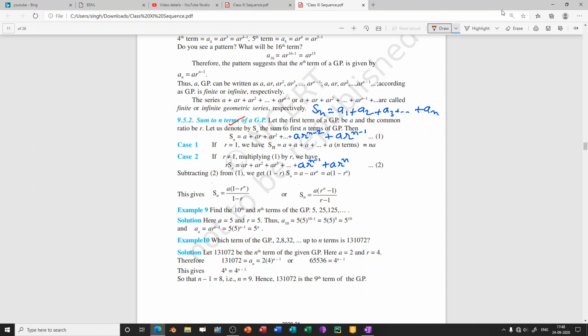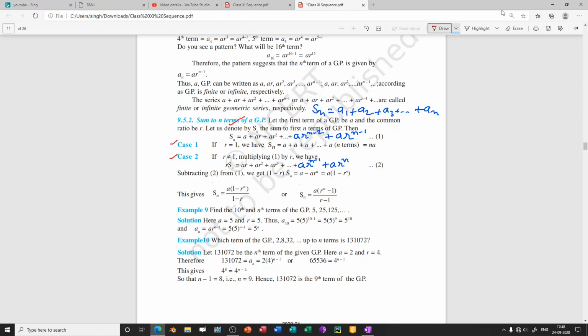Then Sn equals a1 plus a2 plus a3 plus so on till an. Because we have taken a1 as a and r as the common ratio, what we will be getting is Sn equals a plus ar plus ar square plus so on till a r raised to n minus 1, and before that we write the second last term, that is a r raised to n minus 2. There will be two cases now: when r equals 1 and when r is not equal to 1.